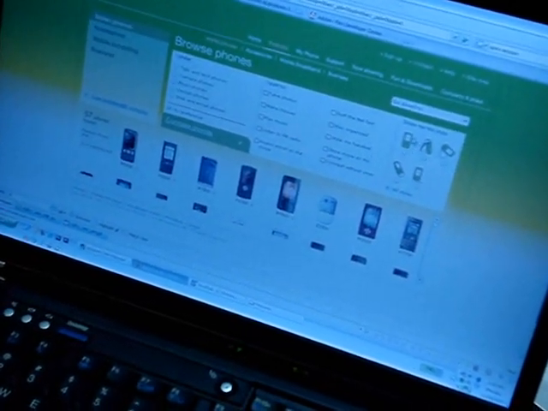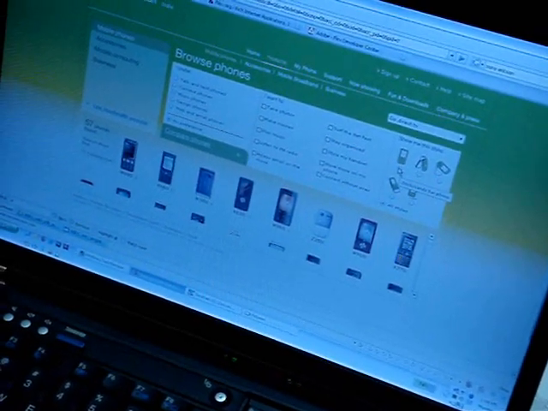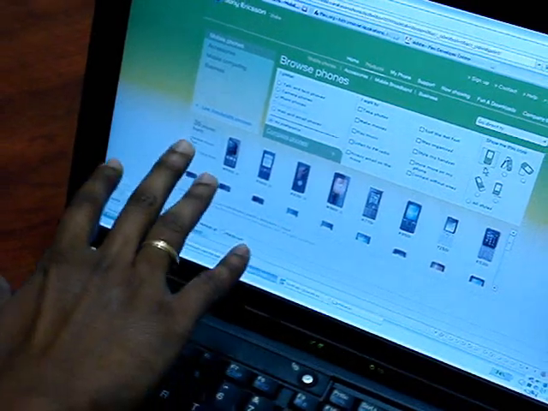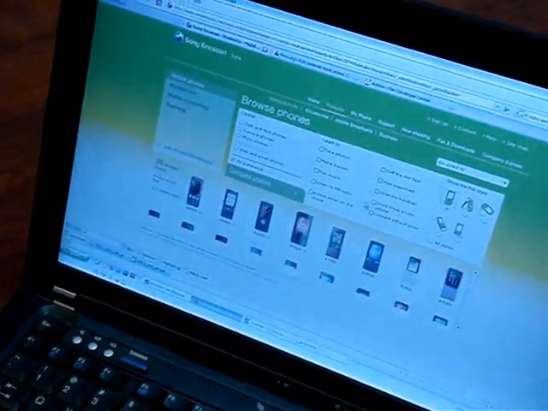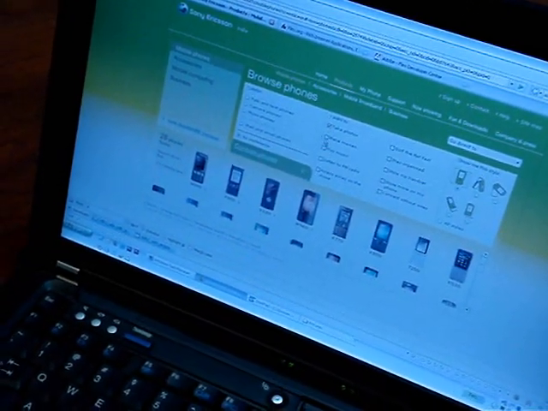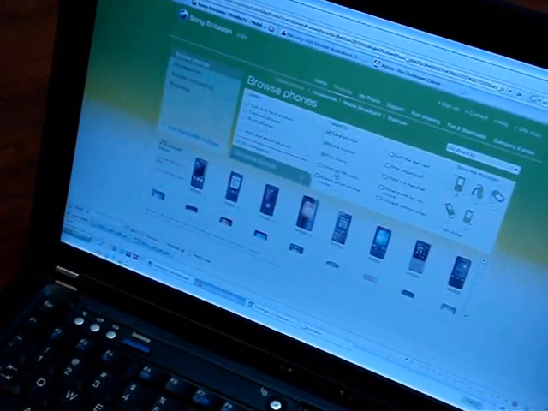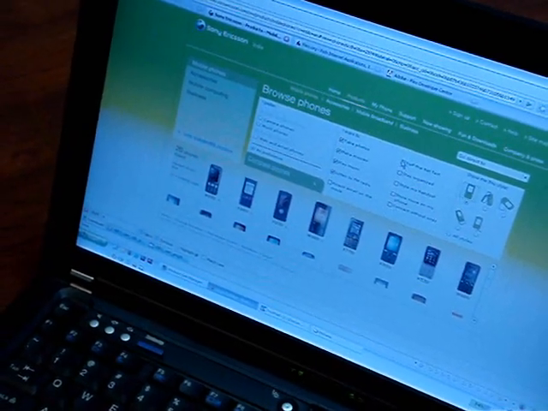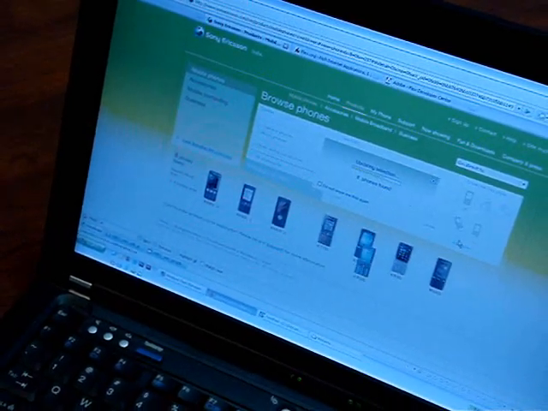So I can just go ahead and say these are the style kind of phones that are there. I'm just interested in the stick or the candy bar kind of phone. As you can see, it updates the selection, and from 57 phones that were there, it just came down to 35. I'm going to do a bit more configuration here. I just want to be able to take photos, make movies, play music, listen to some FM, and surf the internet.